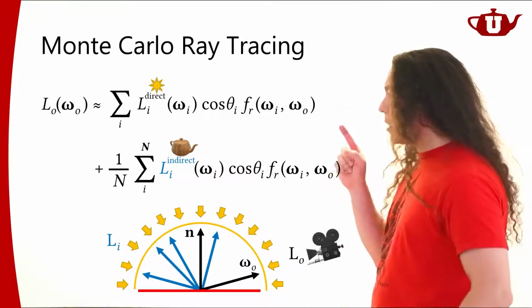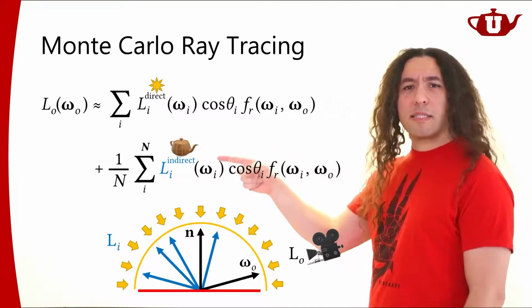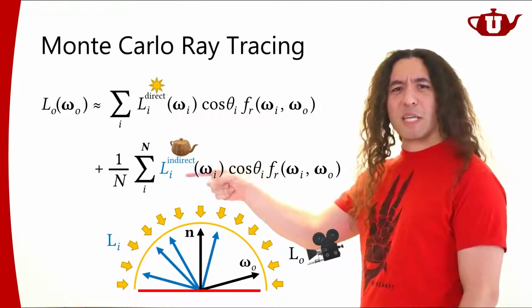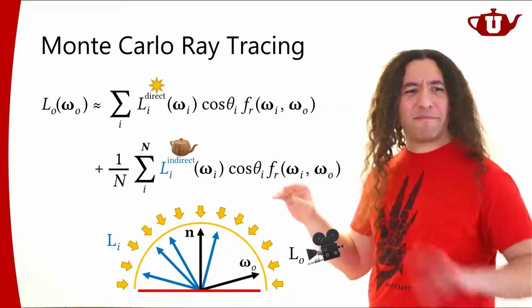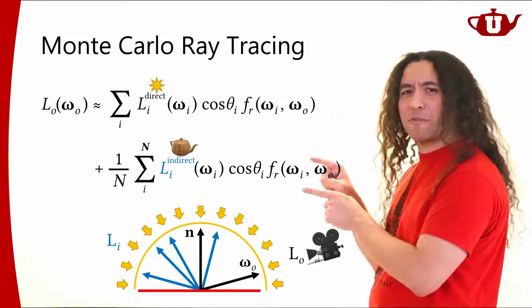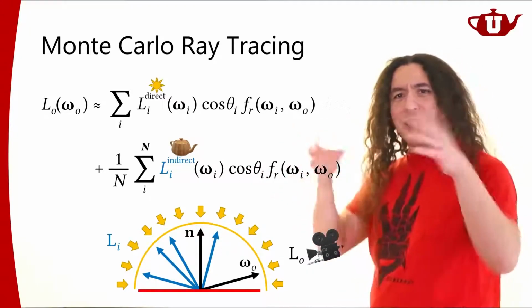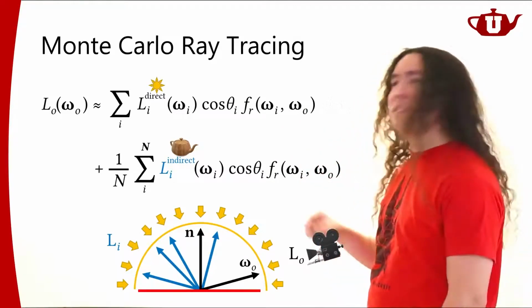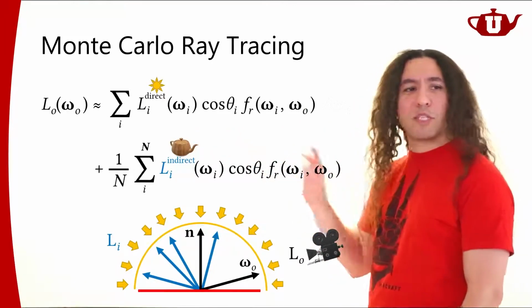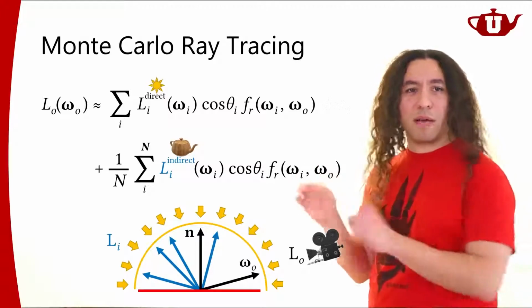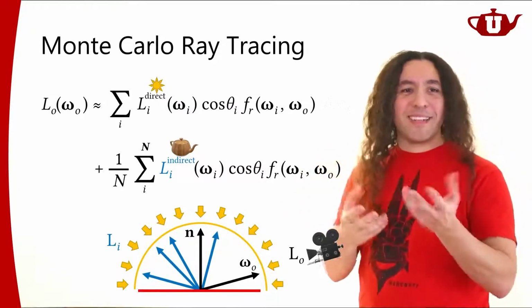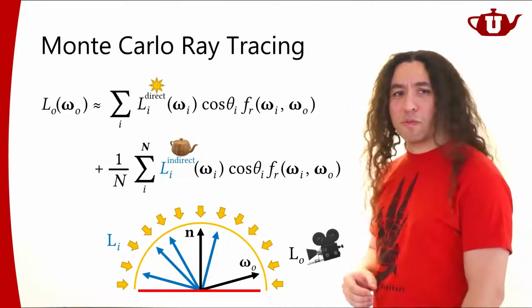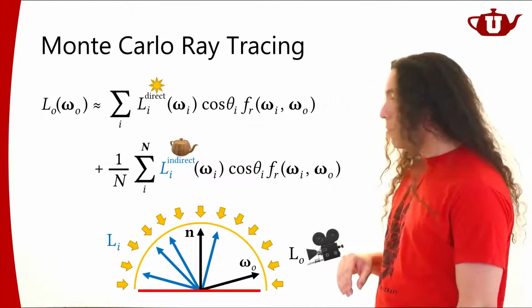Correction here. I think there's a missing pi term here. So this is not the exact term. Don't think about this as the exact term when you convert that integral, because the area of the hemisphere should also be factored in, which I did not in this equation. But I just want to mention that this is a representative equation rather than the exact equation that you would use for correctly computing this integral.